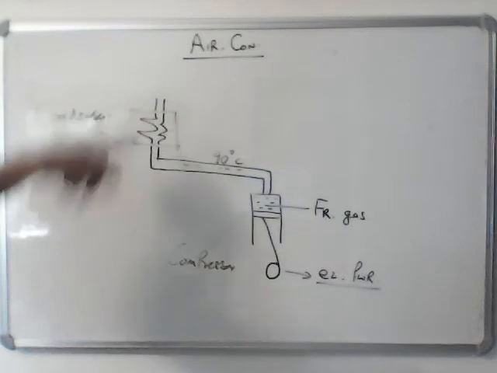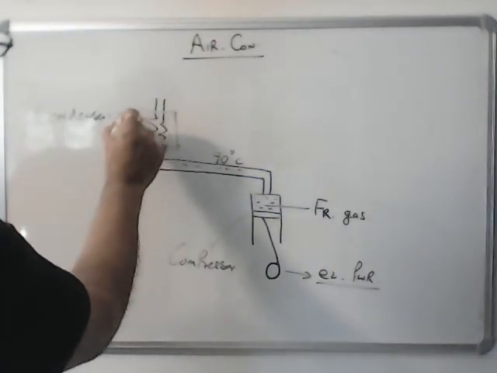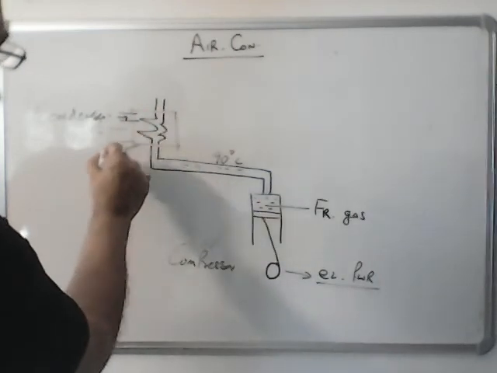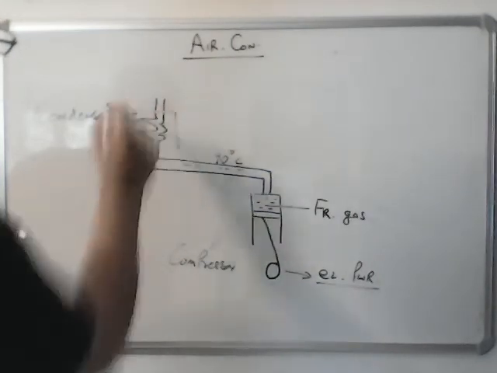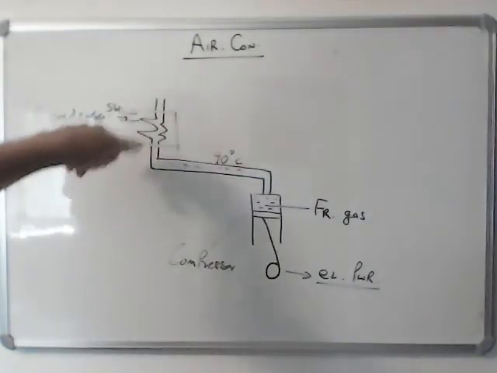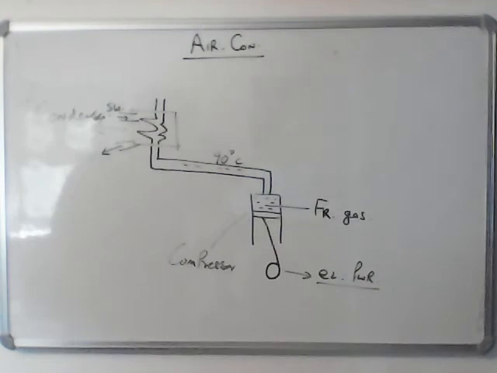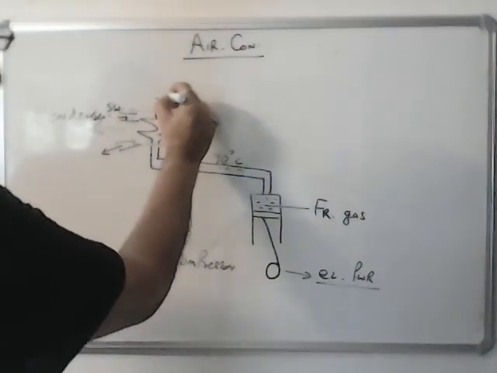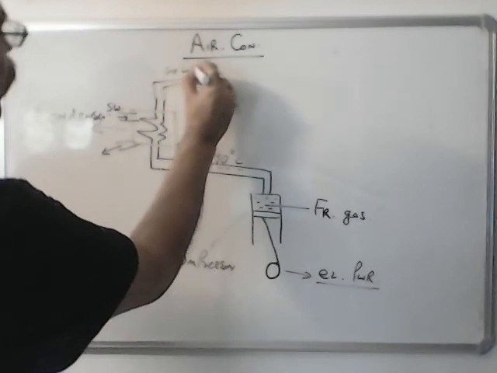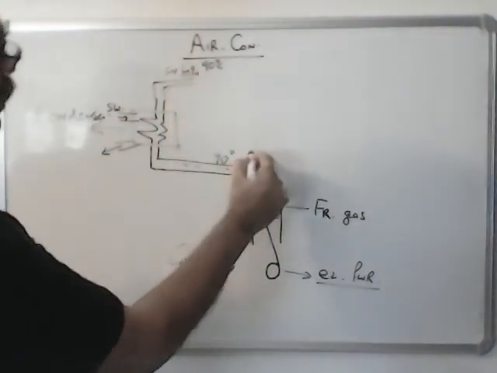In the ship's condenser, seawater enters here and exits from here. The seawater cools this pipe and this gas becomes a liquid. Still it's a hot liquid which comes out from here. So this freon liquid here is also at about 90 degrees, but now it's liquid. Here it was gas.